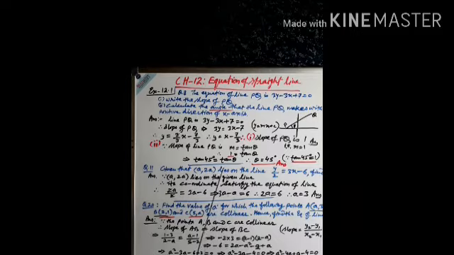Okay children, so this type of questions are very common, it comes in the exam, so practice it properly. Now let us see question number 11. Given that a and 2a lies on the line y by 2 equal to 3x minus 6, then you have to find the value of a. Okay, this point is lying on this line.